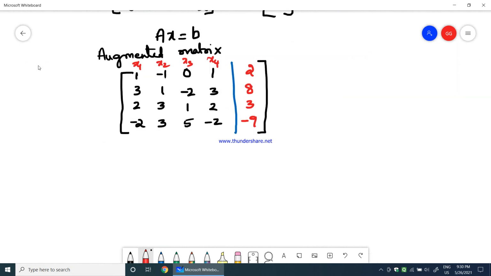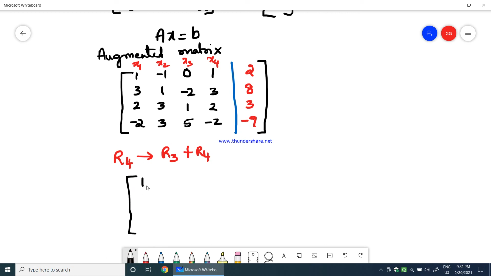So therefore now what we do is we apply row operations for this particular matrix, and we'll keep on reducing the matrix, and finally we'll convert it into reduced echelon form of the given matrix. Okay, so let us see what is the first row operation step that I can do. You see 2 and minus 2 is there, so I'll say row 4 would be equal to row 3 plus row 4. Okay, I'll replace row 4 with row 3 plus row 4.